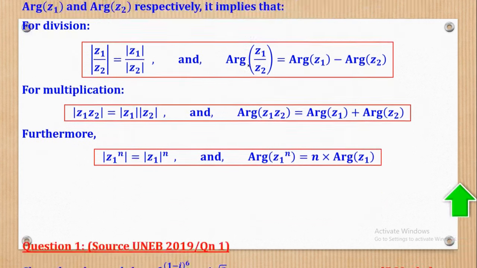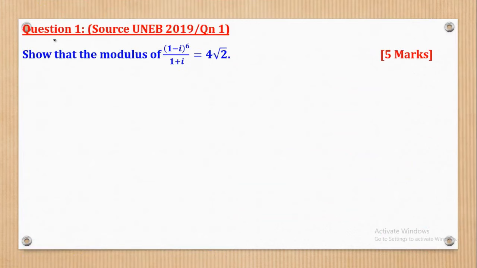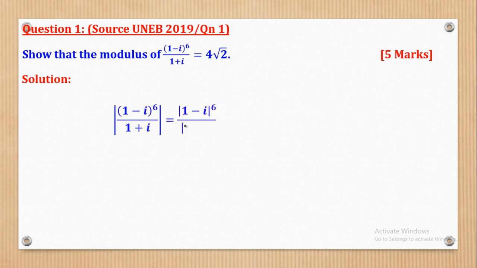So let's look at the examples from UNEB and see how those concepts can be used. So question 1 came from UNEB 2019 paper 1 question 9 and says show that the modulus of this is equal to this. Now I think you see that now the concept we have learned is going to help us, because if you look at this one, if you want to first expand it, expanding a power of 6 will be a bit longer. So there what we do, we just use the concept we have learned and say that